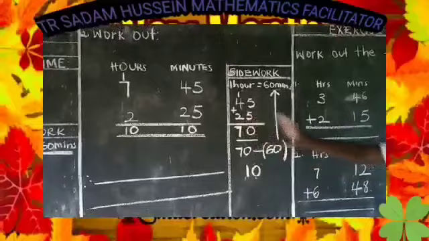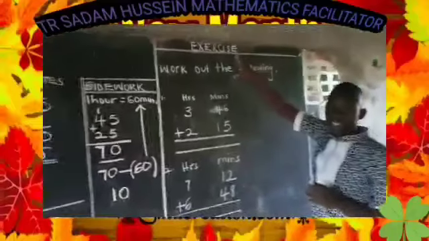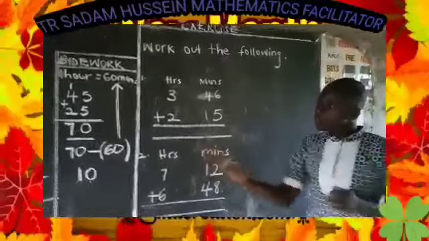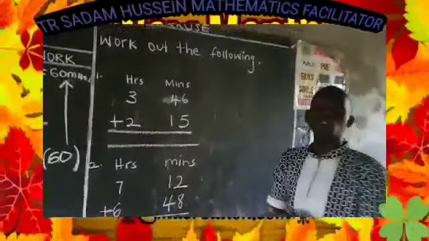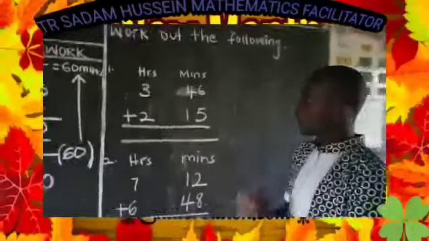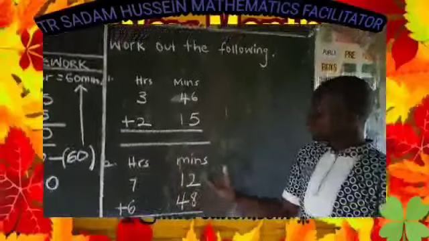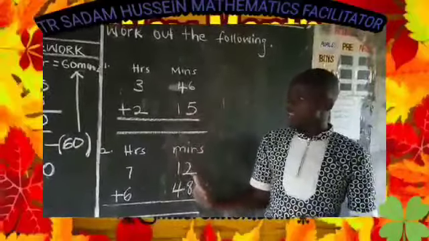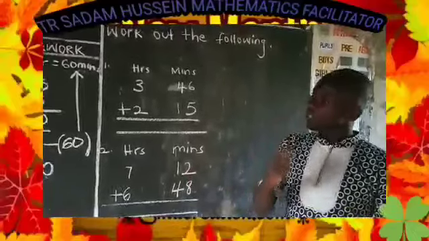So after looking at that, I will expect you to do this exercise. There are only 2 numbers. When we come next time, we shall look at 2 more examples which involve other applications of addition here. Therefore, do the right thing and answer it well. As we meet again, we shall look at the work remaining.